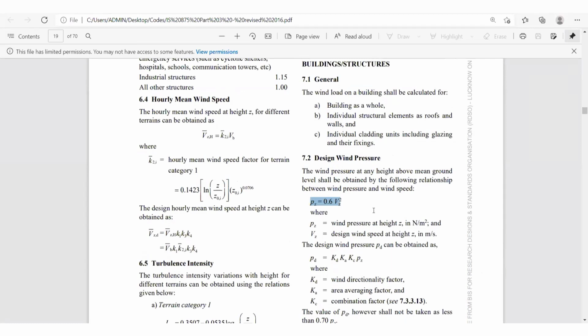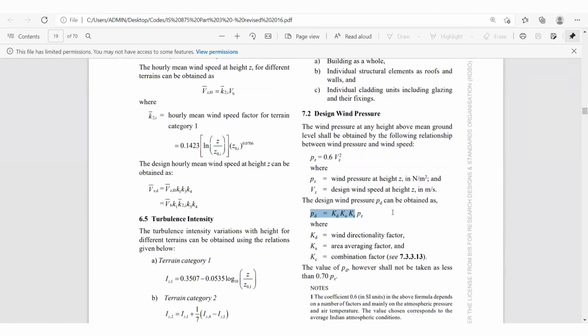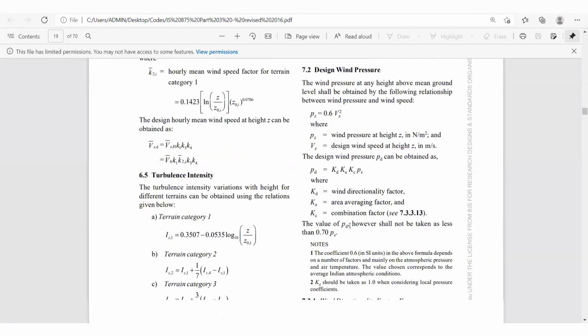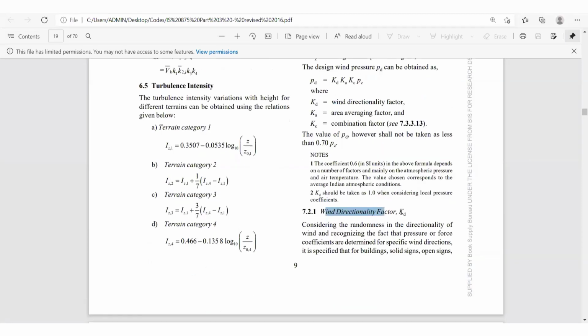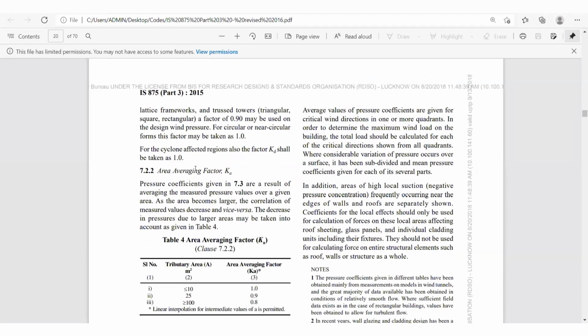Next formula is for design wind pressure Pd. For that you have to calculate Kd into Ka into Kc into Pz. Kd specifies the wind directionality factor, and Ka is the area averaging factor.